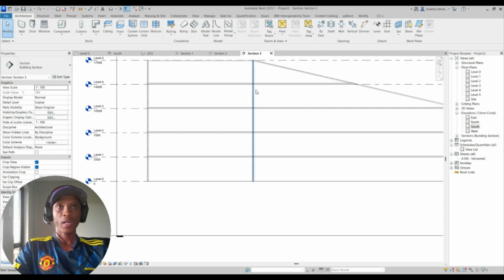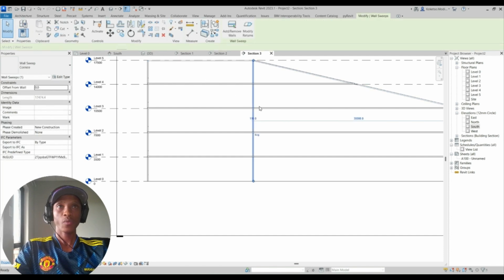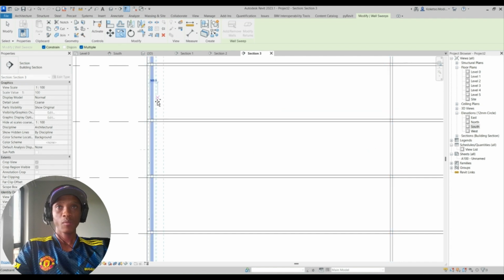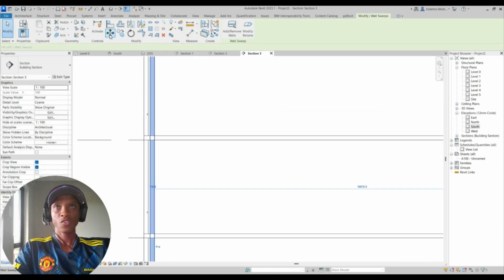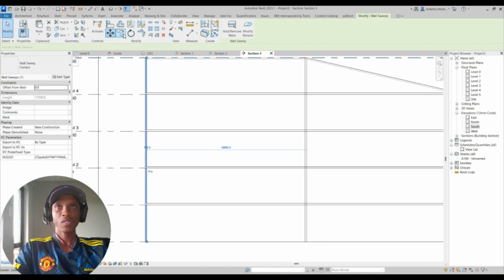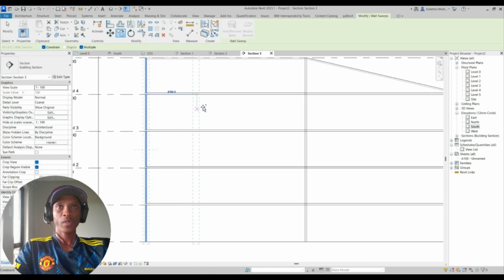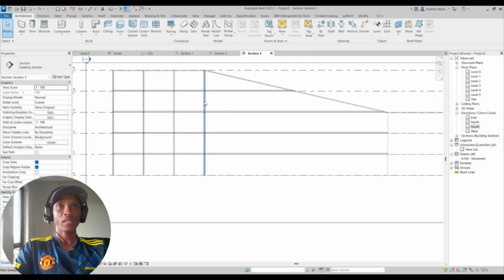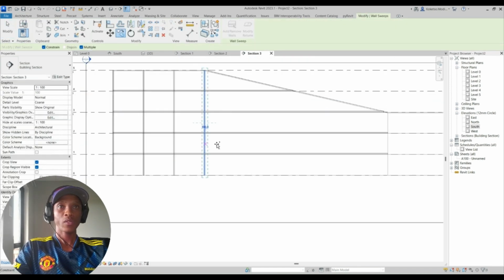press escape, and I'm gonna select this one, copy it towards this side, place it like there. Let's just nudge it towards the edge. Perfect. So I'm gonna select it. I'm gonna copy it by 5,000, then by another 5,000. So I'm gonna leave it like that. It's fine. And then this one also, I'm gonna copy to the other side by 5,000,